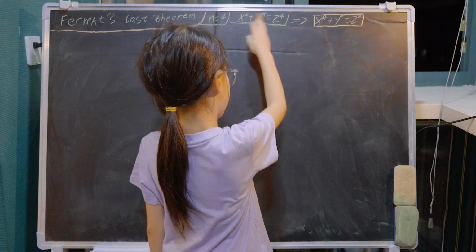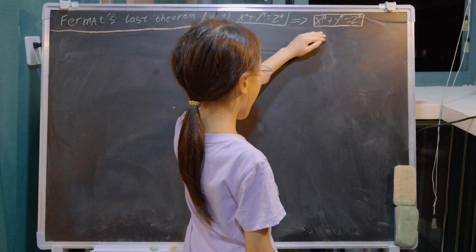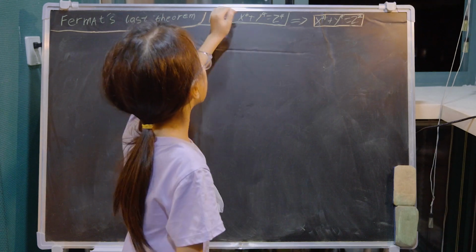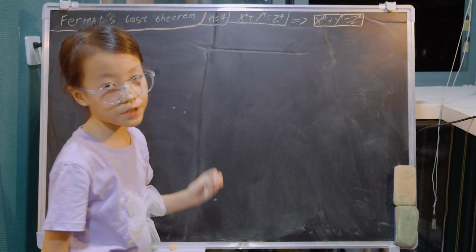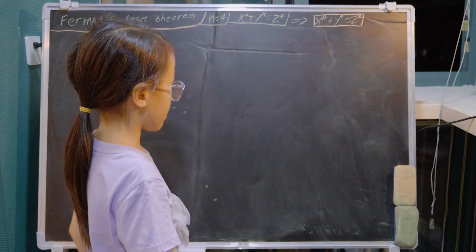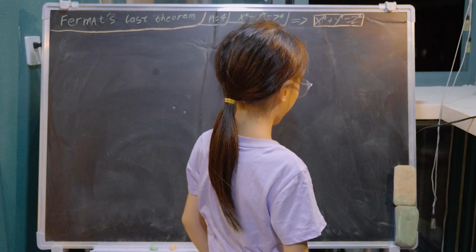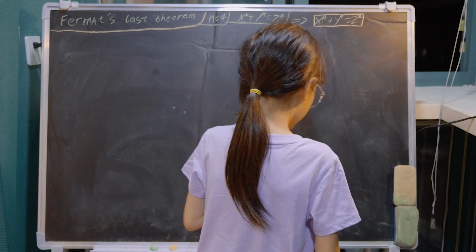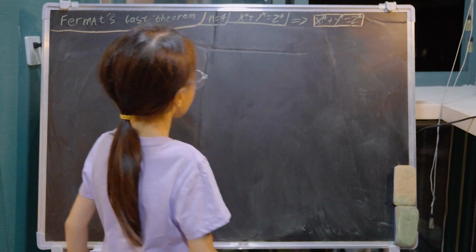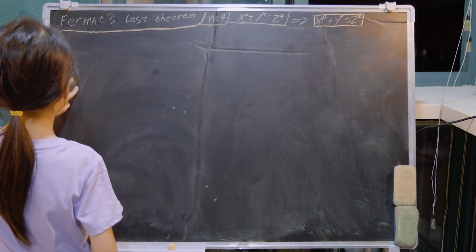Based on the last video, we just need to prove that x to the 4 plus y to the 4 equals z to the 2 is a false statement when x, y, and z are all natural numbers. So I have two methods. The first method is